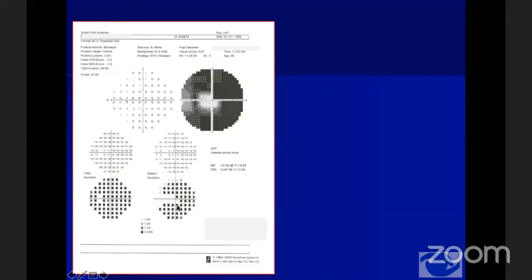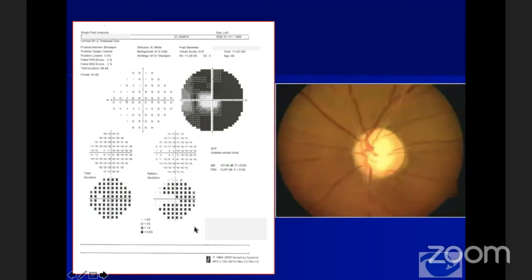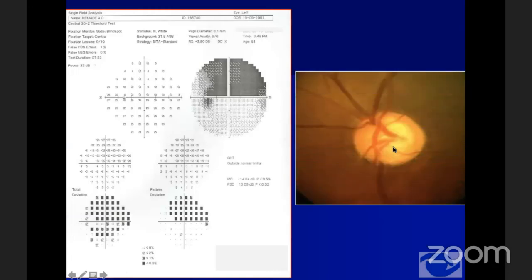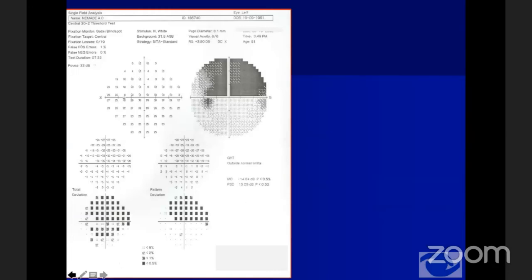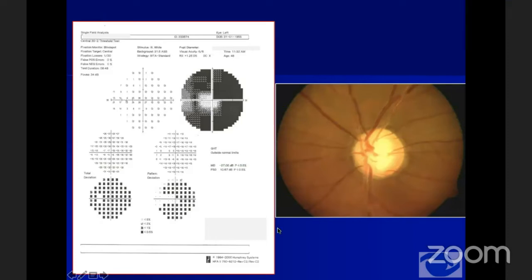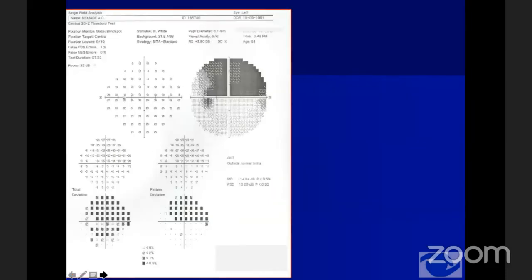An advanced glaucomatous field defect on first glance, almost a tubular field. You look at the disc, that is also kind of correlating with your clinical findings. But when you dilate the patient, you can see that the disc is a little bit pale, and you can see the arterial attenuation and also some perivascular pigmentation, which goes in favor of retinitis pigmentosa, which also can produce an advanced field defect like this.